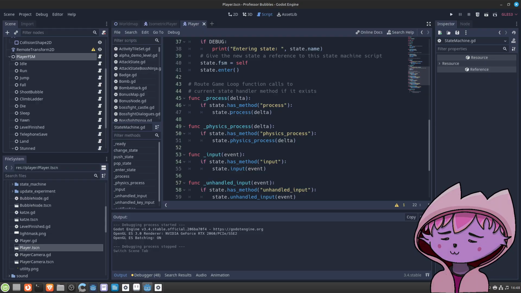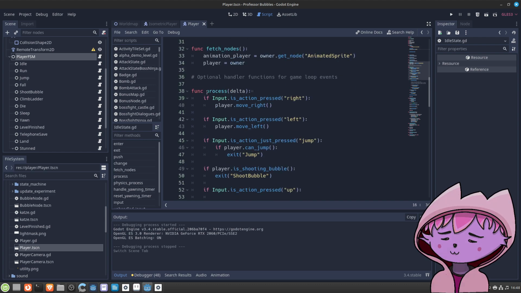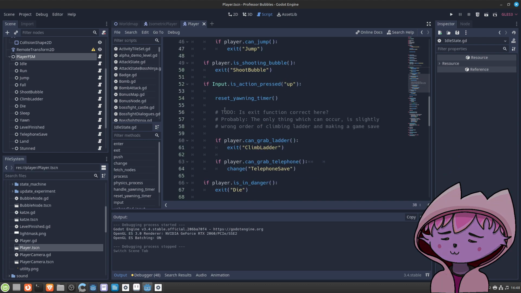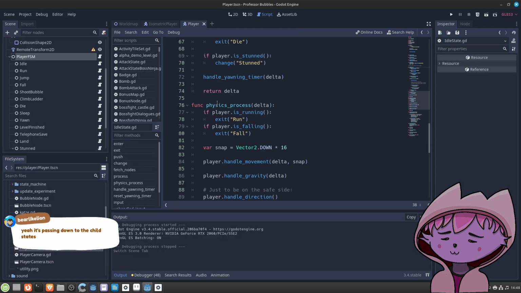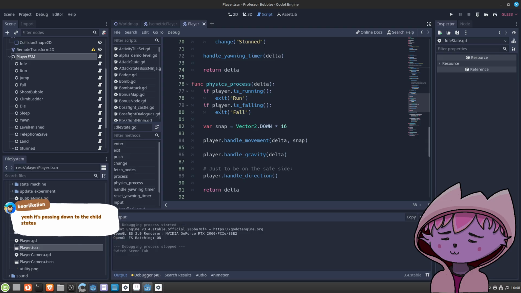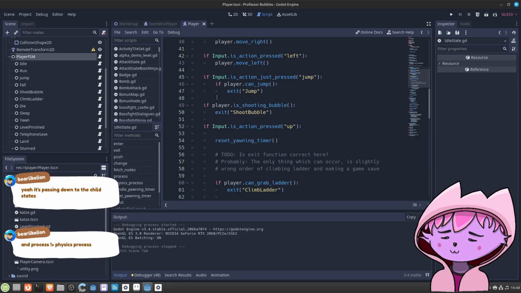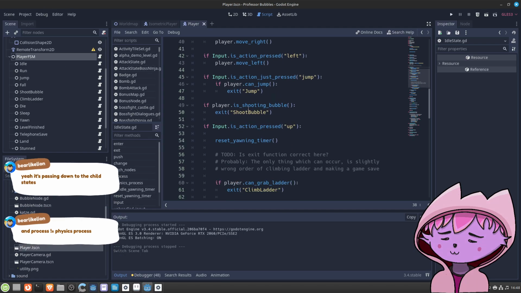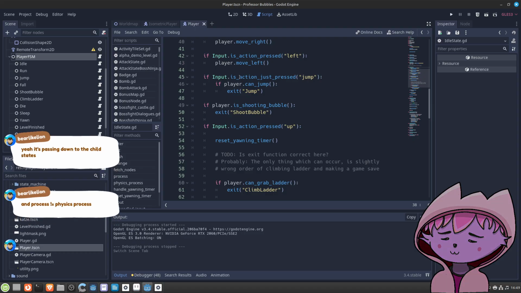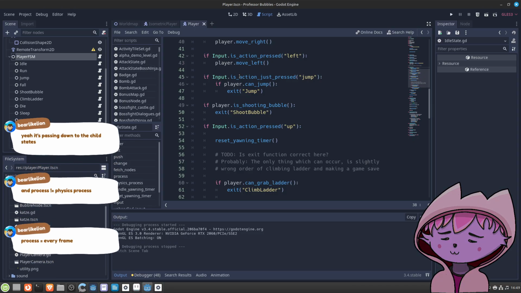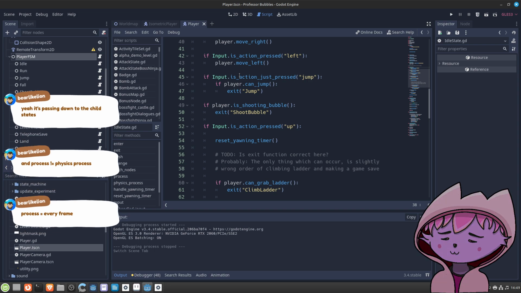Oh, that's why. If we have idle, then there is no underscore. I see, that's why. Okay, now I understand. This is of course to avoid multiple process and physics process running in parallel, which would mess things up. Sure. Yeah, I see. Okay. Good. Yes.